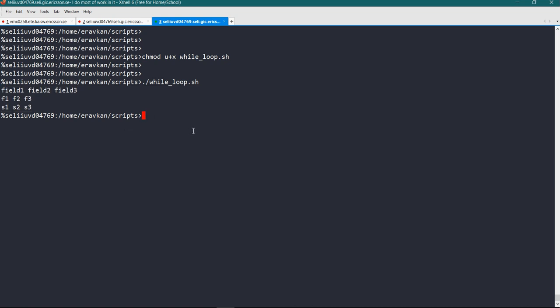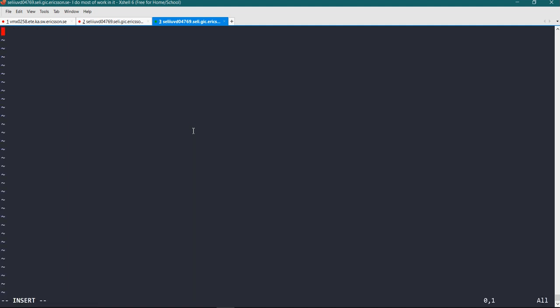So suppose I try to do the same thing by using the for loop. Let me create a script for loop dot sh. bin bash for line in.